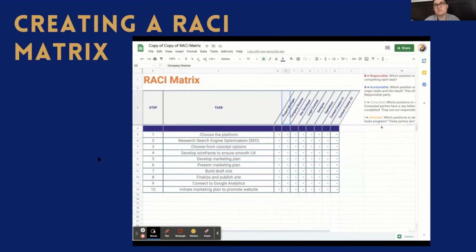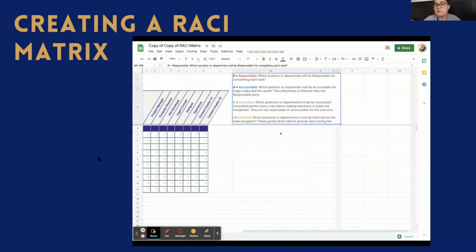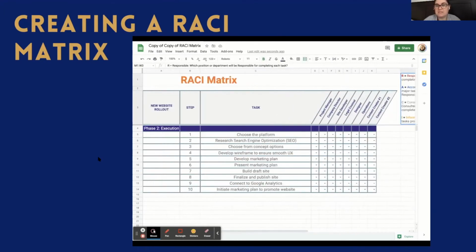Now is when I'm actually going to start to input the different roles here based on that RACI acronym for each one of the tasks in this phase. So you'll see here I'm going to choose the platform. That's going to be the first task I'm going to look at. I'm going to use the little drop down here on my RACI matrix template. And I'm going to figure out, okay, who is responsible, who's accountable, who should be consulted, and then who should just be informed of all of those stakeholder positions at the top